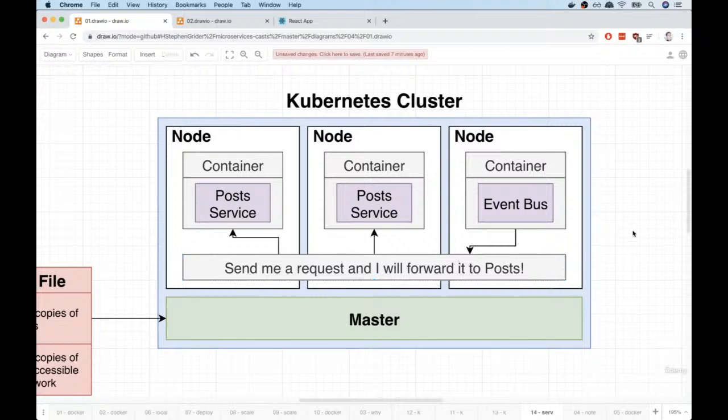Okay, so that's just a very brief introduction to Kubernetes and why we care about it in the world of microservices. So we're going to